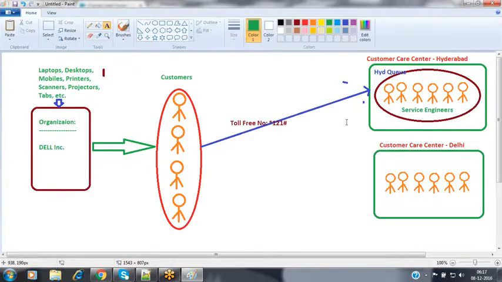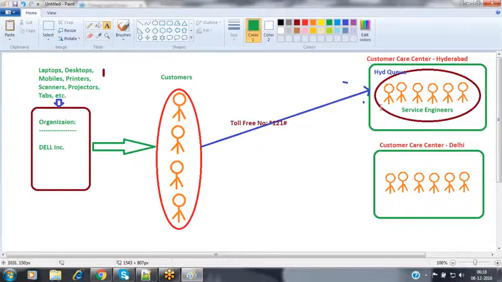Because these people may be busy with other calls, my customer call cannot get disconnected. For that, your call will be in the waiting status for some time. That is nothing but the queue. You are also one of the members who wants to connect to that service center, so you have to stay in the queue for some time because they are busy with other work as well.